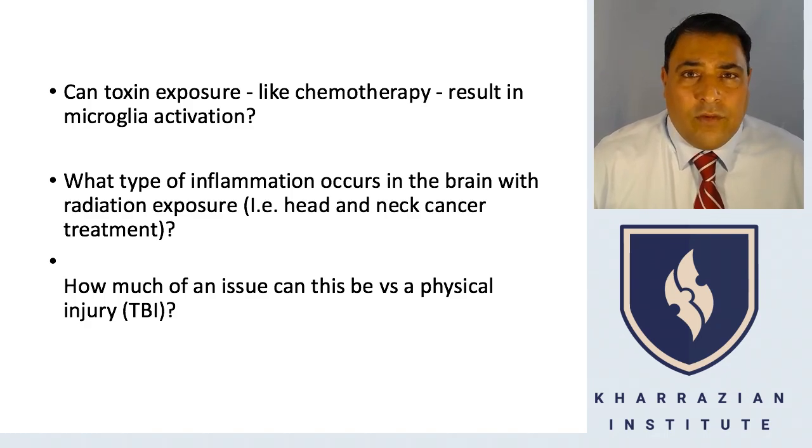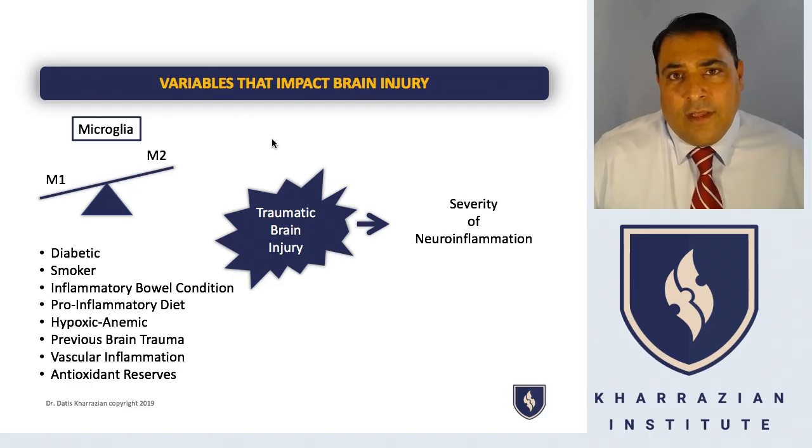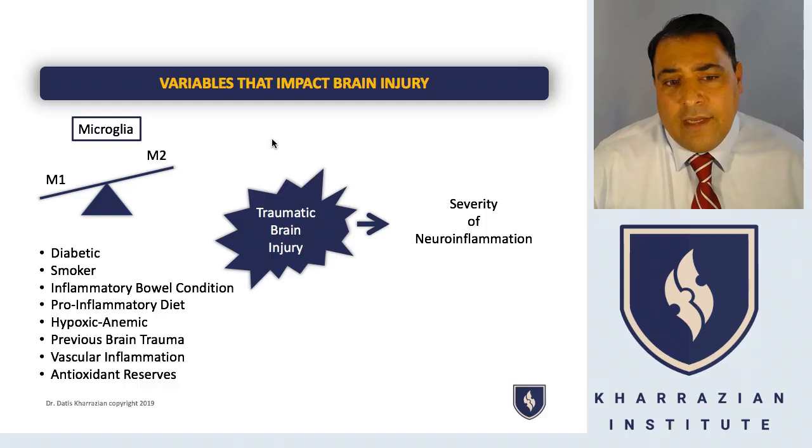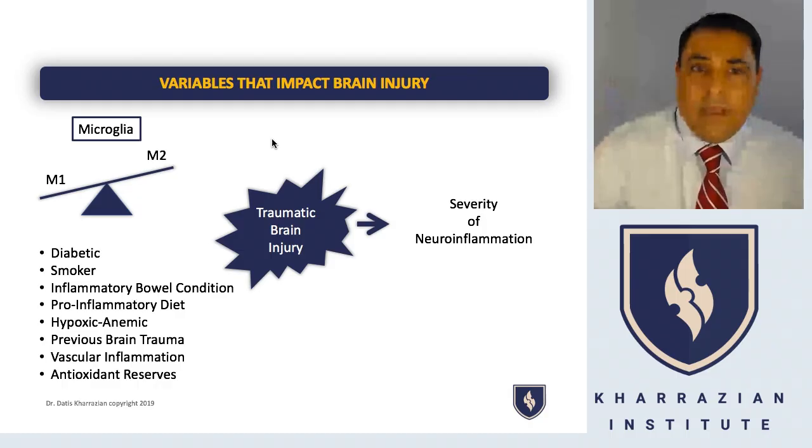So that's where it's really important to look at those things. And if you remember one of the slides that we talked about, variables that impact brain injuries, we really focused on how it's not really how hard you hit your head. It depends on how active, and what kind of inflammatory or anti-inflammatory state microglial cells are in. So if they're leaning towards an M1 pathway,